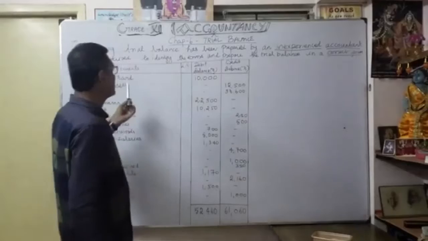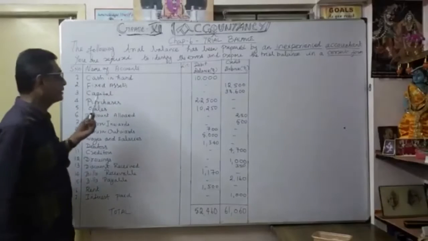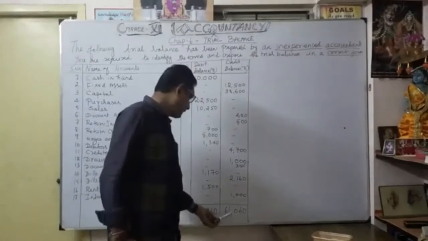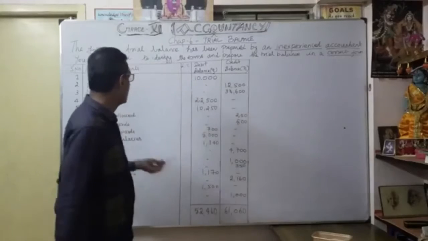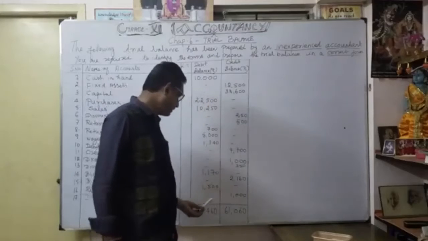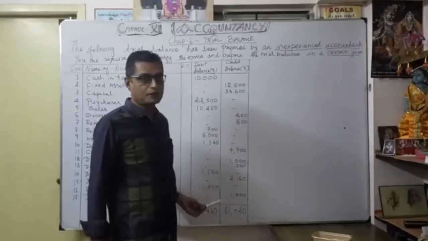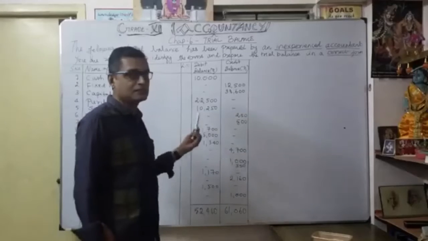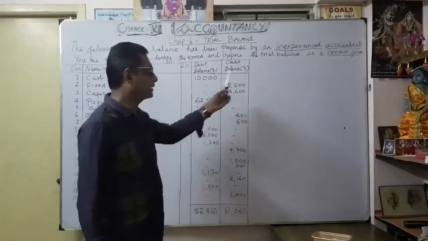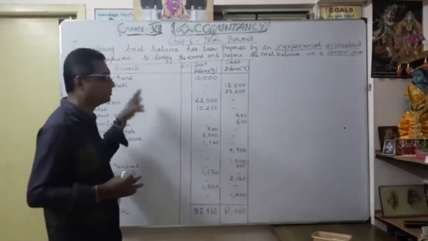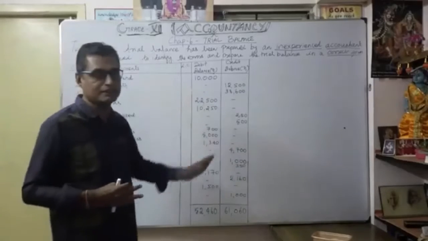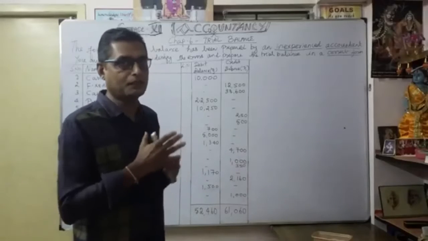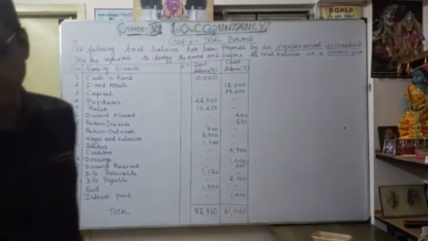Here the trial balance is already prepared by the accountant. Maybe this is an inexperienced accountant because finally the trial balance does not tally. Just look at the debit balances and credit balances: the totals are not equal, it shows a difference. Now we are going to see what mistakes are disclosed here, the errors. Then we are going to do the correct form of debit and credit balances. We can write in detail which has to be a debit balance and which has to be a credit balance. Now let's see according to this trial balance exercise.